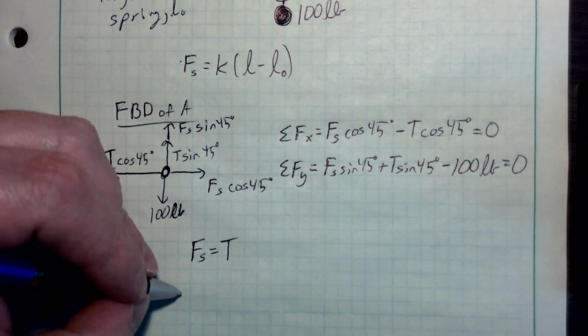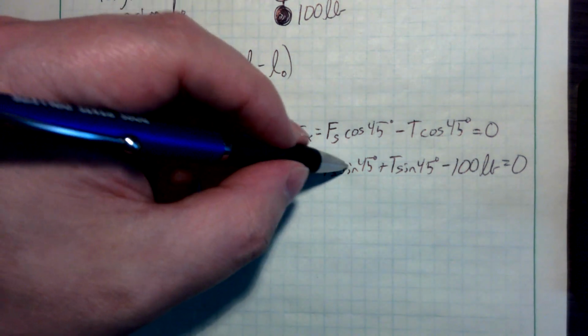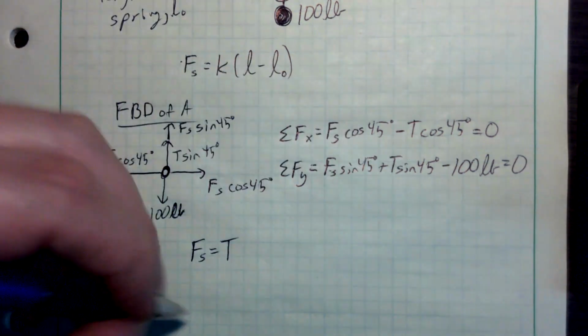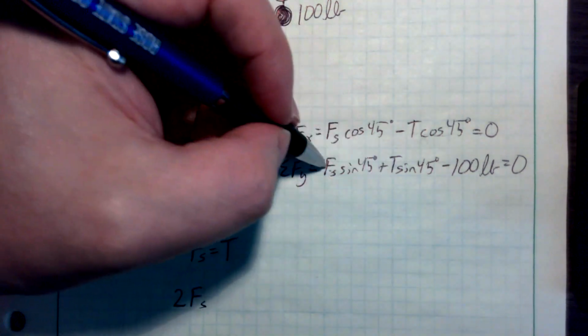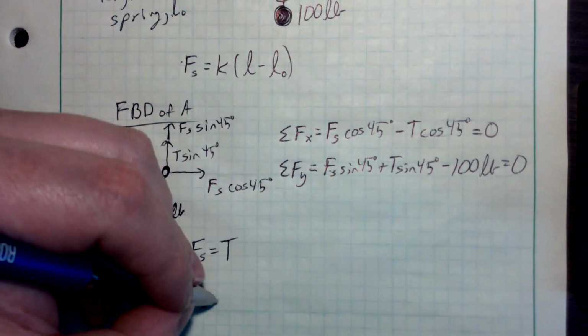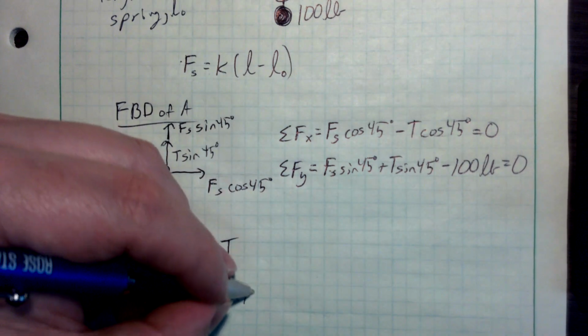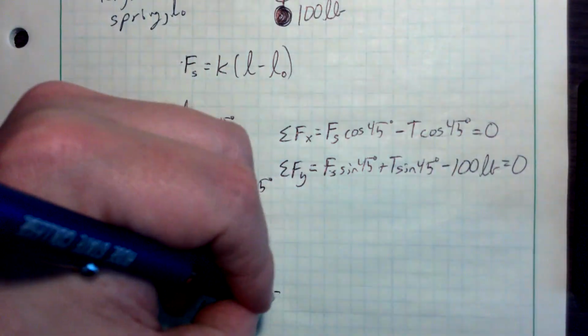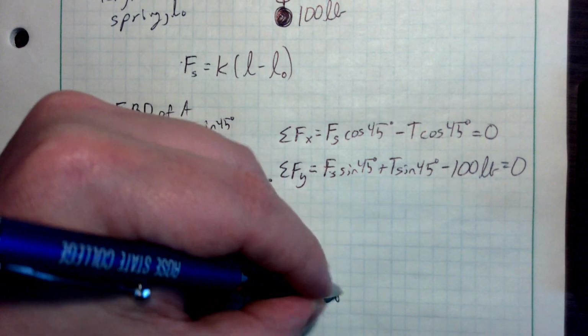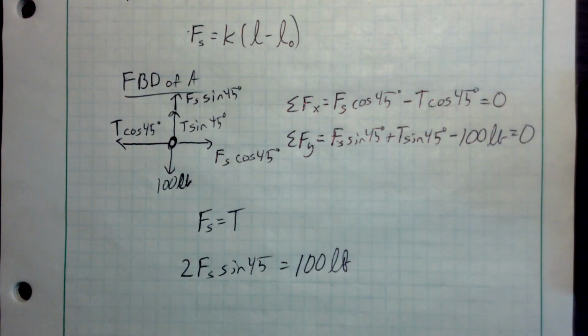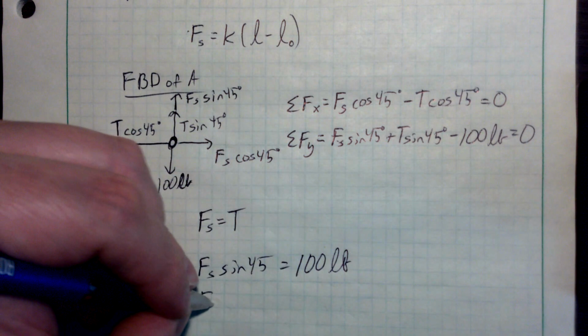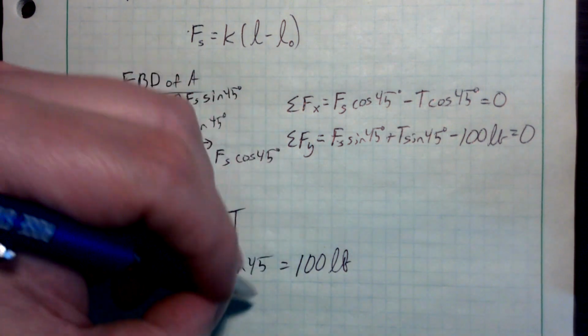So with that in mind, this is Fs sine 45 plus T sine 45, so that means 2, because there's 2 of them. These Fs and T are the same. So it's 2 Fs sine 45. I'm going to move the 100 pounds over, so it is equal to 100 pounds. Now what is Fs? I really don't care. Let me see if I've got it written down. I do actually have it. So Fs then becomes, I have written here